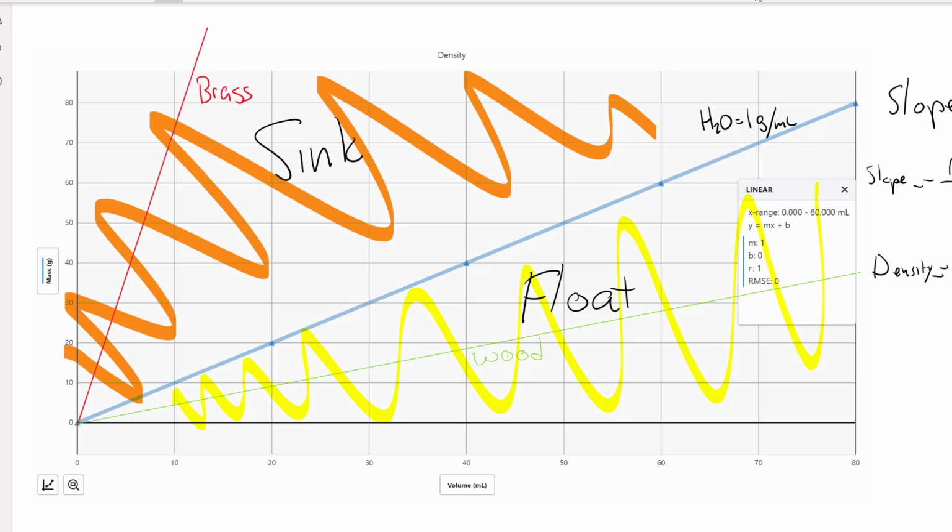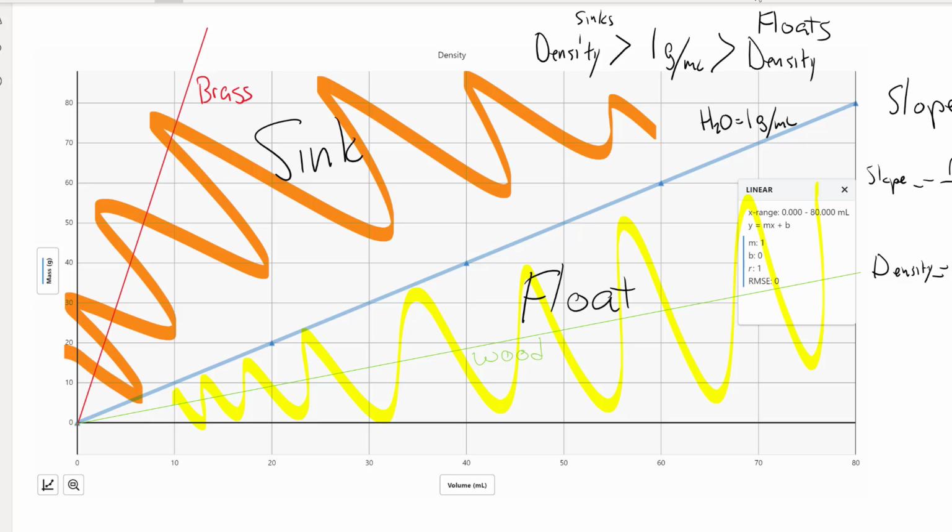Why? Things that have a greater density than water. So if the density is greater than 1 gram per milliliter of water, that means it sinks. But if it is less than 1 gram per milliliter, that means